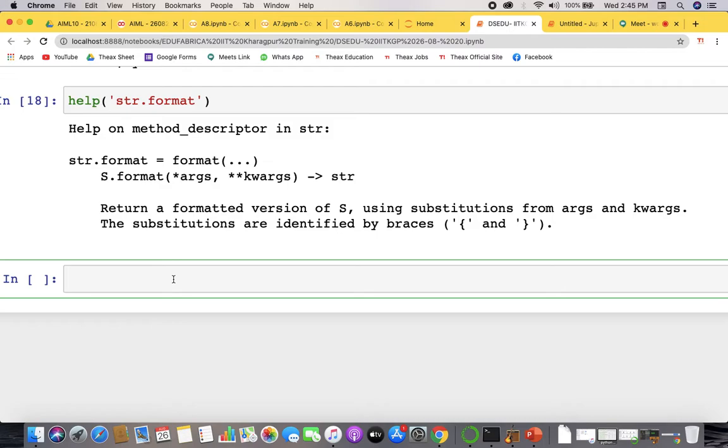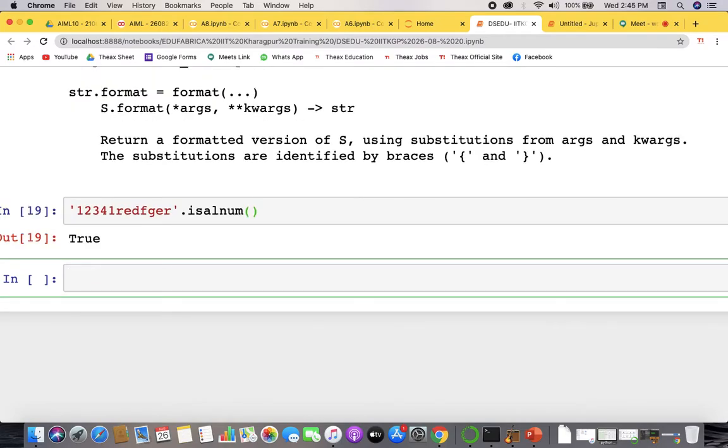Similarly, to check whether a string is alphanumeric or not, you can just write some numbers, some letters, and isalnum, done.